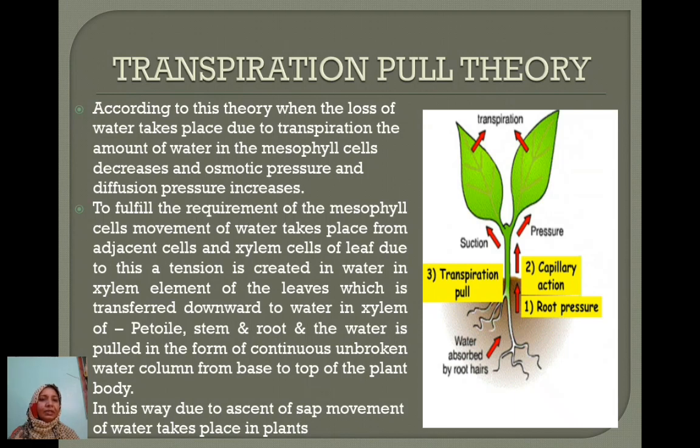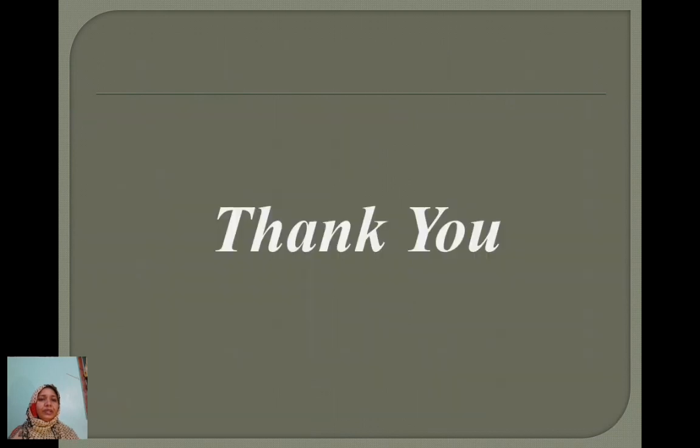This tension is then transferred in the downward direction to the water in the xylem of the petiole, the xylem of the stem and the xylem elements of the root, and then water is pulled in the form of a continuous, unbroken water column from base to apex of the plant body. In this way, due to ascent of sap, the movement of water takes place. This is all about the ascent of sap as well as